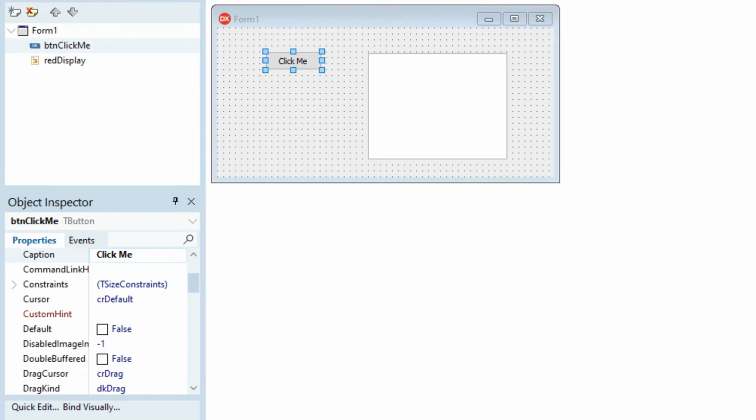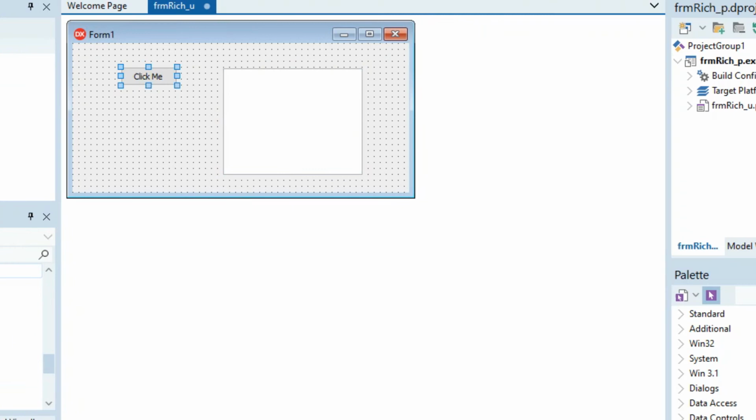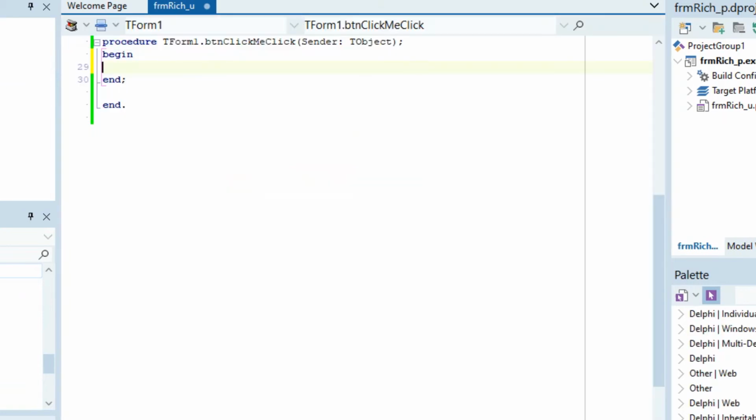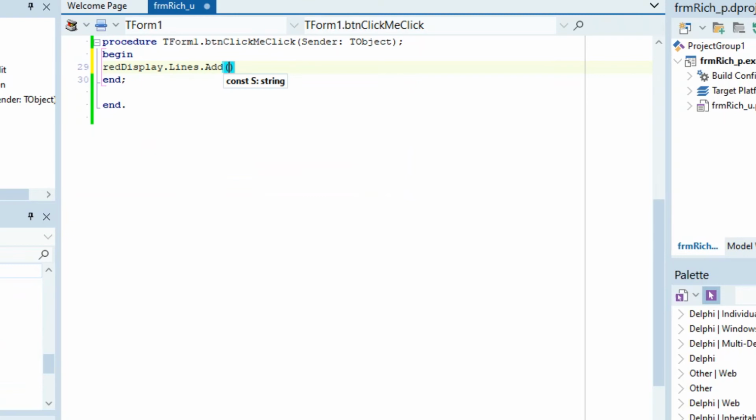So here I have a basic form called rich_u, and it has a button called btn click me and a rich edit which is called red display. So we'll be checking out a few things you can do with a rich edit, which is pretty nice. So let's first start with the basic, what we always use. So first we have, of course, our red display.lines.add, and basically we can just add something